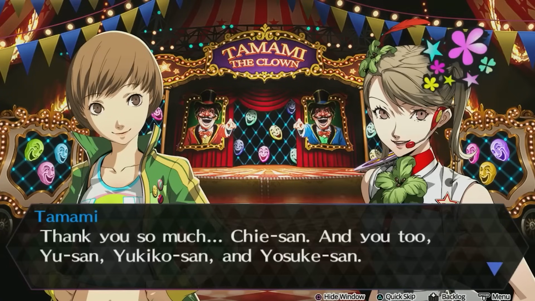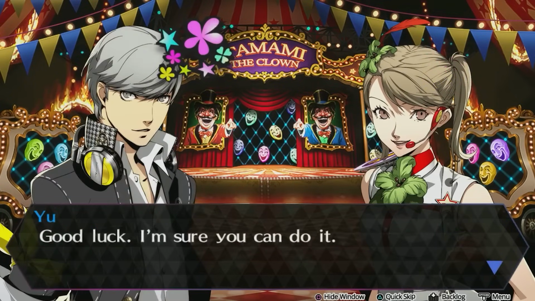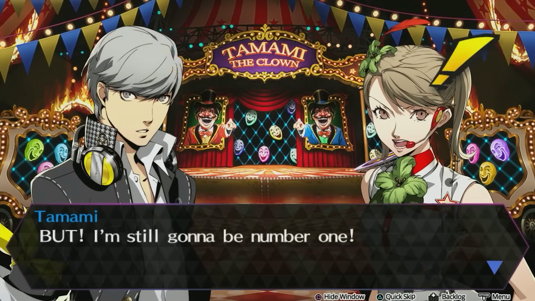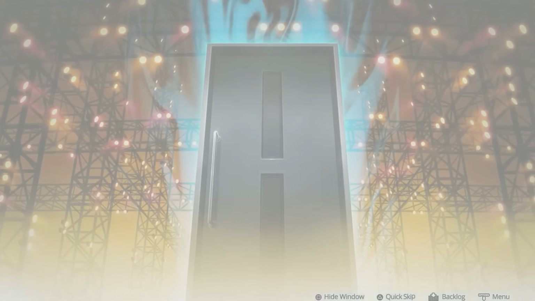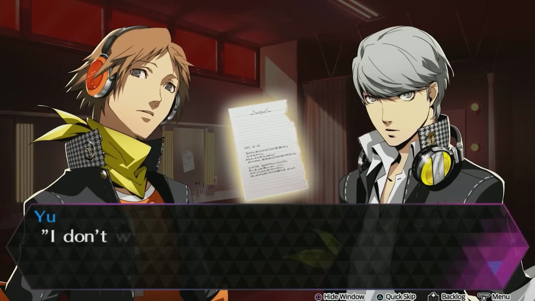After more dancing, we free Tamami from the ribbons and she finally comes to her senses and is all like, I'm gonna be number 1. And in my head, I'm like, No, you ain't. Rosette is the only idol that can be number 1. Anyways, a door to one of the dressing rooms appears